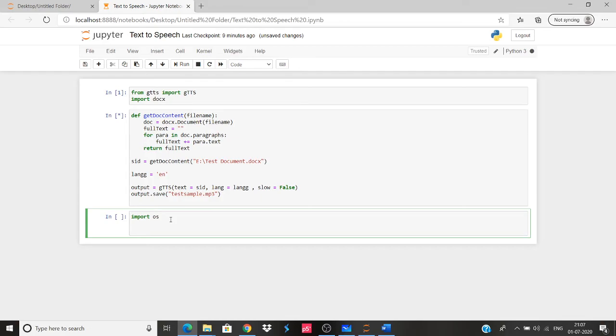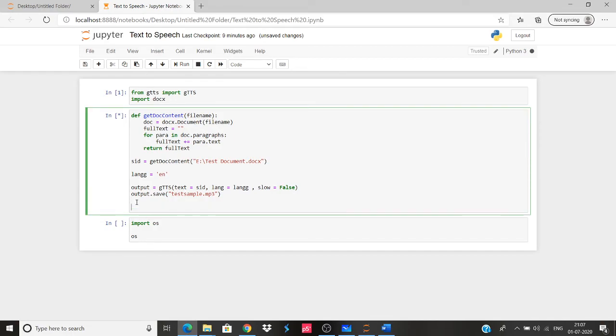And I don't think you'll have to go and install os, because I think it comes by default with Anaconda. So if some of you are interested in not just saving it at that point of time, and want to have it readily available to you, what you can do is